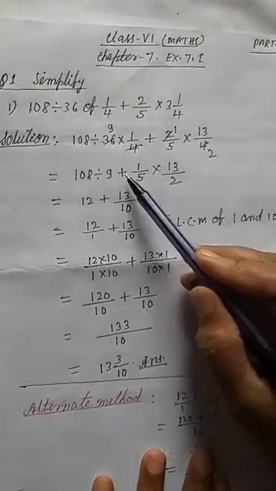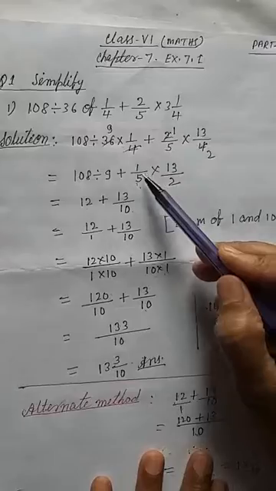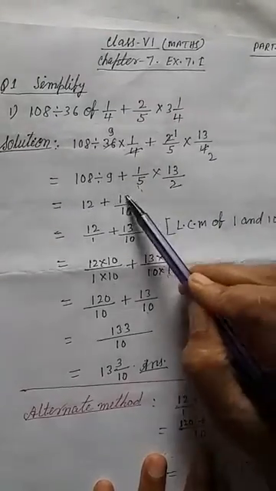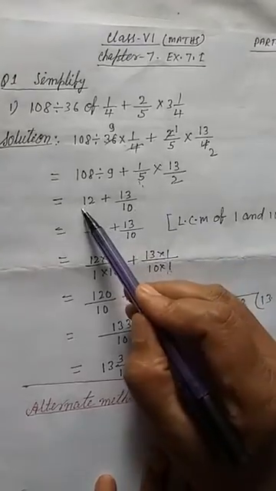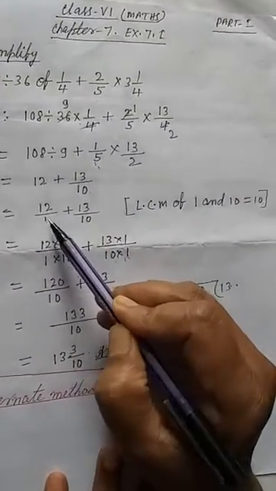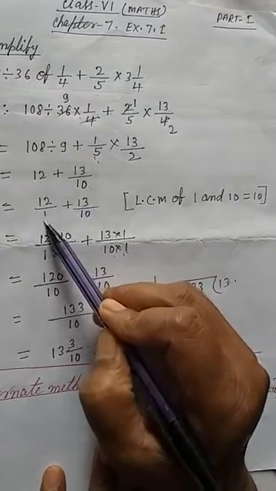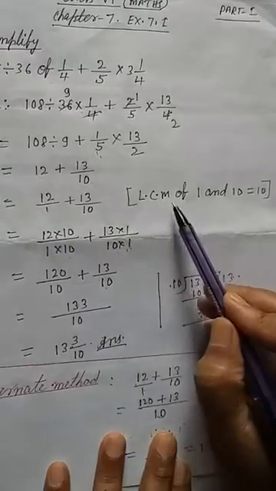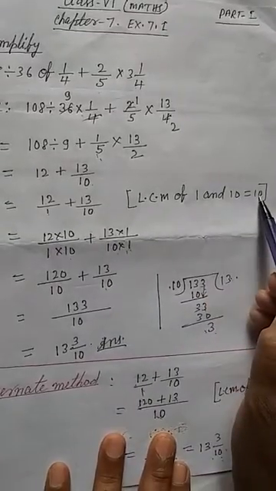Okay, now after this you put the plus sign, then 1 by, see here, 13 ones are 13, 5 twos are 10, so 13 upon 10. Now here 1 is hiding, so we can write 1 here because I want to show the denominator. I want to find the LCM. So what is the LCM of 1 and 10? The LCM of 1 and 10 is 10.